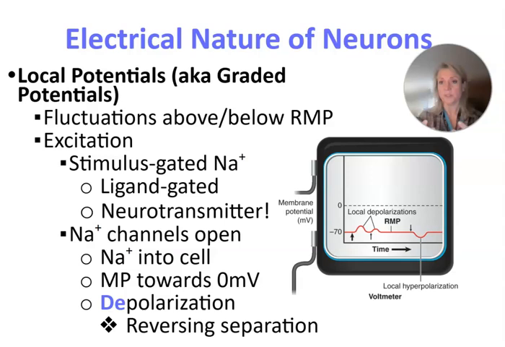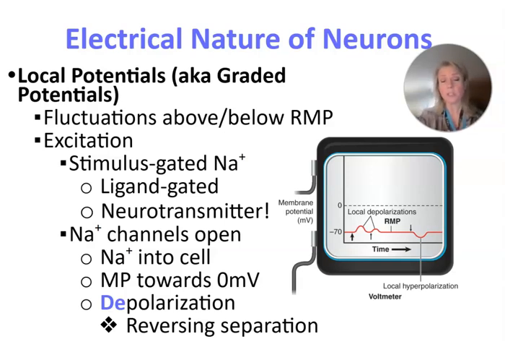So this is called depolarization. Remember what I said, that a resting neuron is polarized? Well, we are depolarizing. We're taking away the polarization when we open up the channels and allow the positive things to come into the cell. We're reversing that separation. I just wanted to mention, though, that sometimes it's not a neurotransmitter that causes excitation